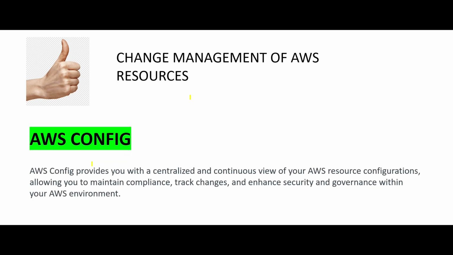What it does is it provides you a centralized way. What does centralized mean? In India, you have the state governments and then you have the central government. That is a kind of centralization of certain things so that from one place you can cascade and drive various initiatives. So that is what AWS Config does. It is a centralized solution. It will give you a continuous view of your resource configurations and you can maintain compliance. Why do we use it? We use it to maintain compliance.